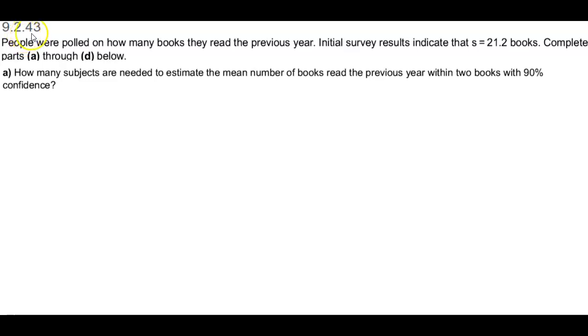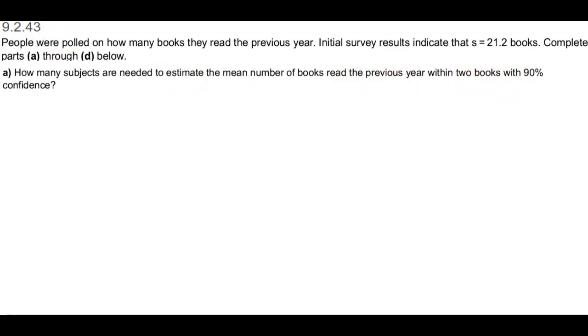Section 9.2.43. People were polled on how many books they read the previous year. Initial survey results indicate that the sample standard deviation is equal to 21.2 books. We want to complete parts A through D below. How many subjects are needed to estimate the mean number of books read the previous year within 2 books with